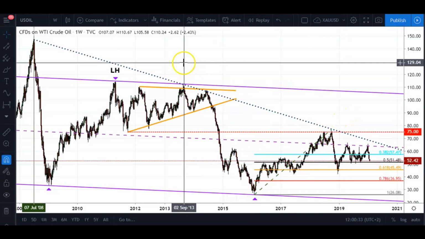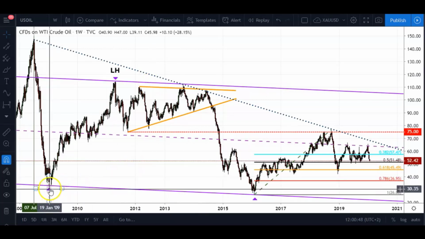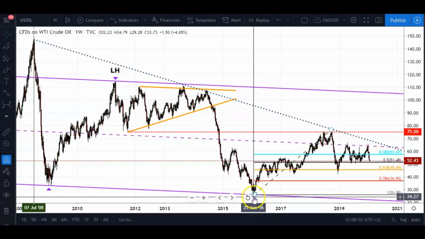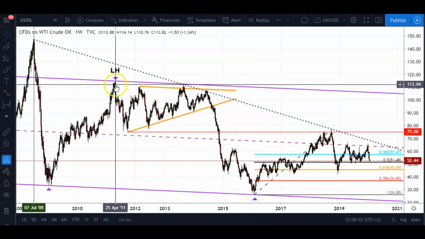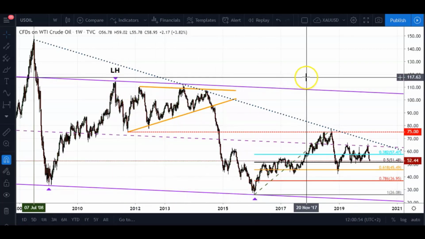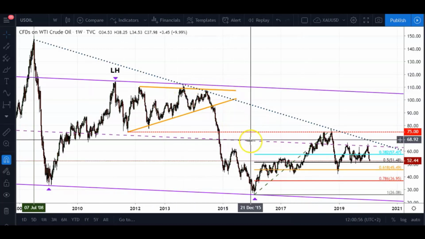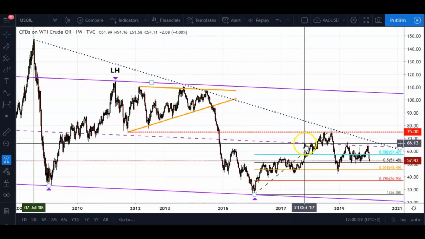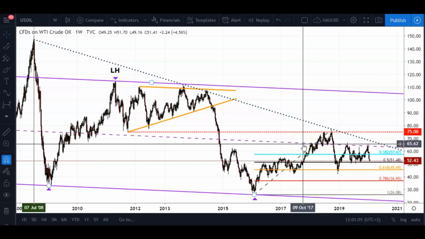Now, this is where I start using a long-term analysis. I always like using market geometry lines. Some markets work really well with pitchforks, some not so much. So I like to use a combination of channels, and in this case, I drew a channel from this low to this low here in 2016, extended to this lower high, and you can already see that price has respected this center line on numerous occasions.